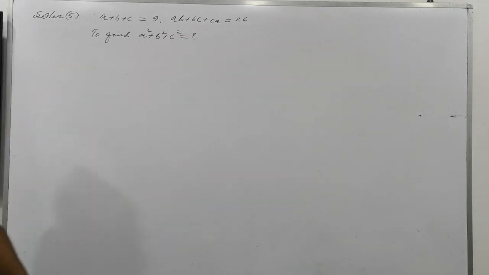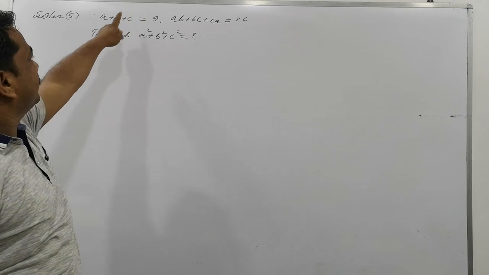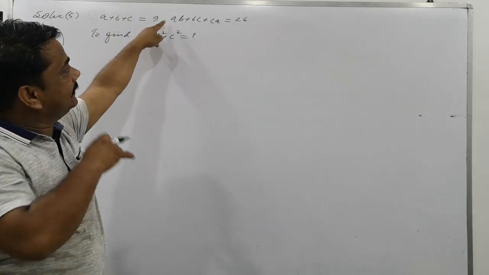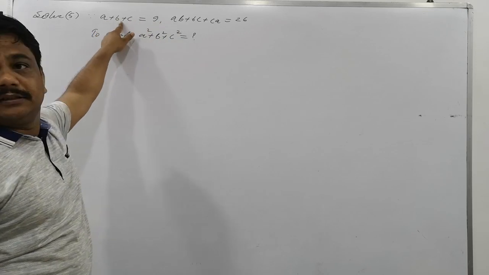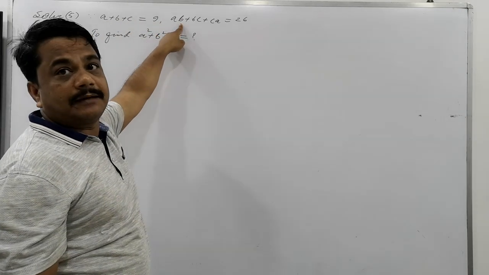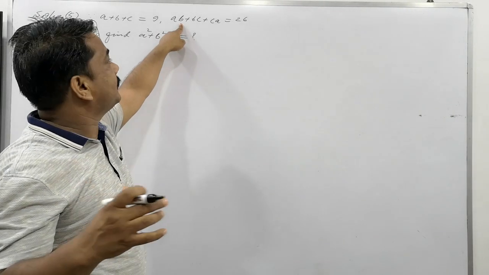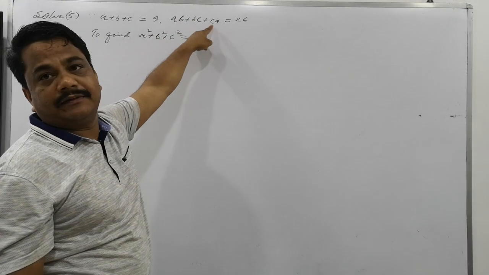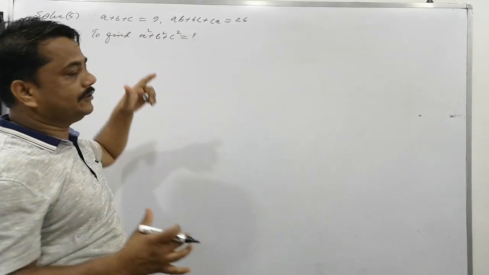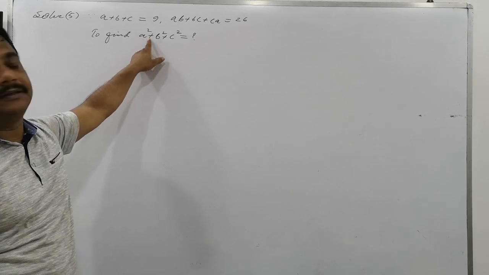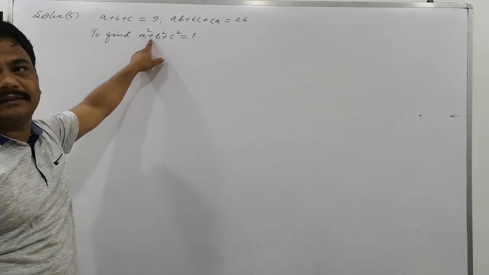See, what is the thinking process for solving this question? As he has given, A plus B plus C is equal to 9, and this is called the sum of the terms, and this is called the sum of products taken two at a time, meaning AB, BC and CA. Is that clear? You have to find their square sum. This is called square sum, meaning first you have to do the square and then sum.